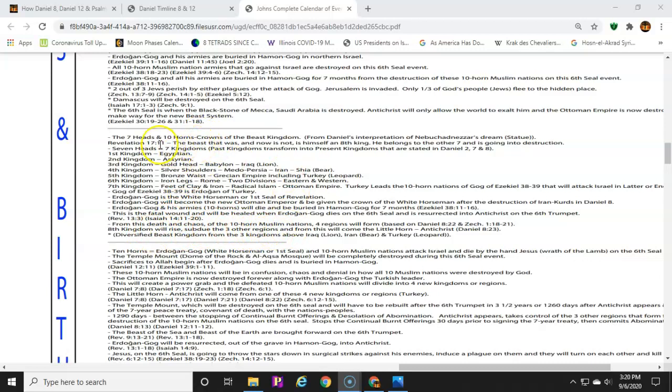And that's what I keep saying. If you look at Revelation 17:11, the beast that was, that now is not, is himself the eighth king that belongs to the seven, is going into destruction. It is telling you that he will die. Gog will die on that sixth seal. That's the seventh kingdom. He will be destroyed. He will be buried, and then he will be resurrected, and we're going to see a number of things happen.